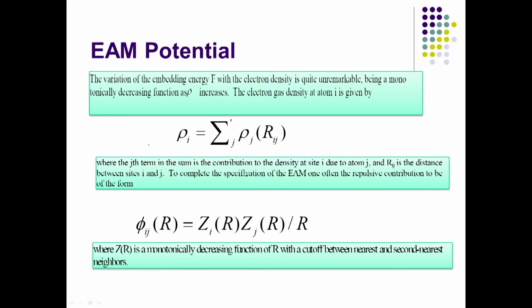So, we are looking at the jth term in the sum, which is the contribution to density at site I due to atom j, and R_ij is the distance between I and j. To complete the specification of EAM, one often has the repulsive contribution of the form phi_ij of r, z_i and z_j, with r the distance